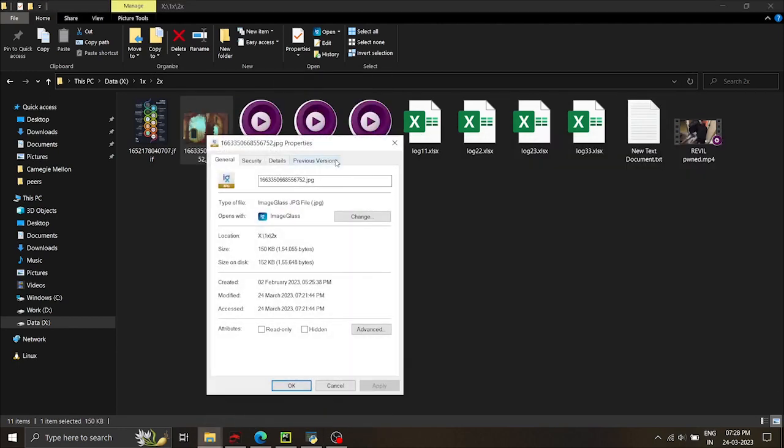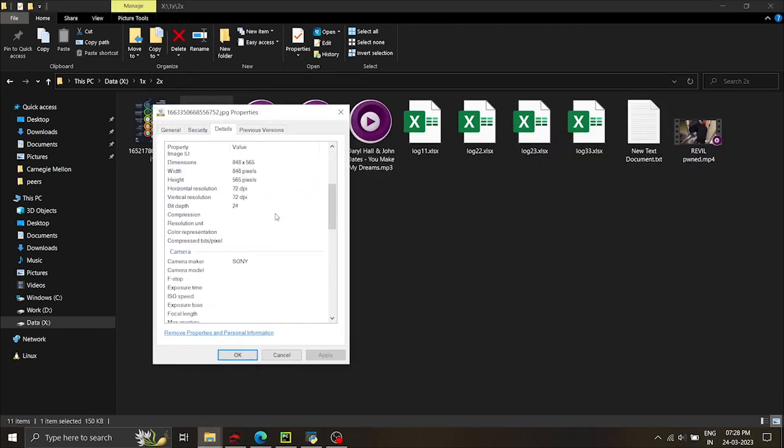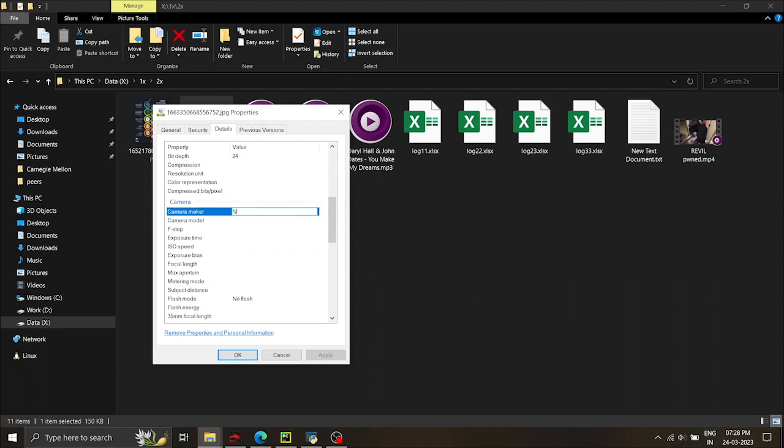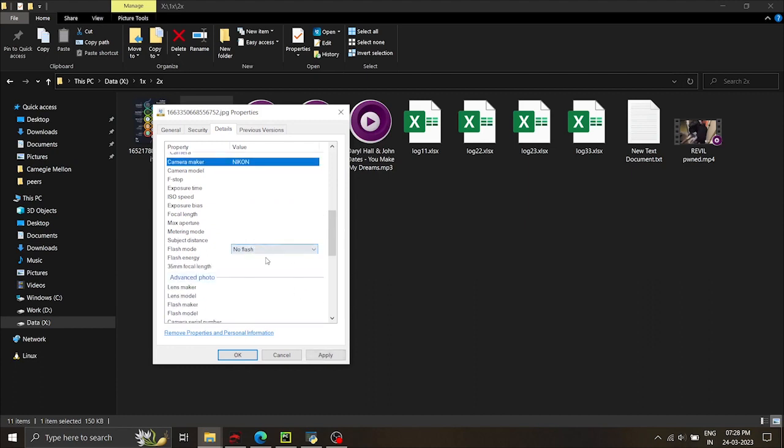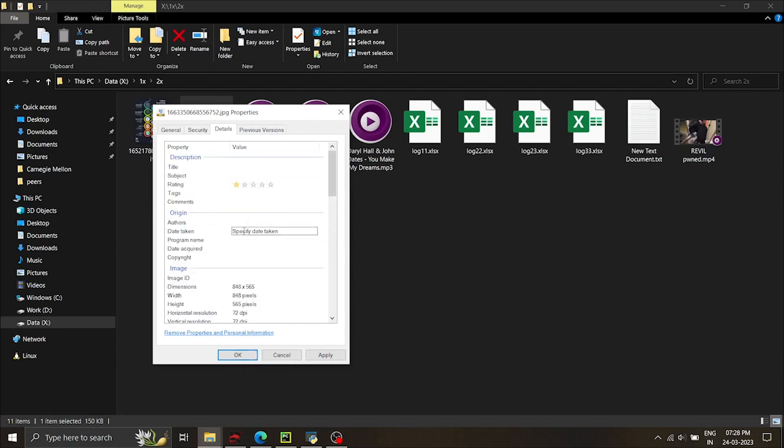If I go here, go to properties, details, and I change, say, the camera manufacturer from Sony to Nikon, and flash mode from no flash to, say, flash auto, and maybe I add in my own copyright of maybe CC Creative Commons and author is myself. This can be useful when you are dealing with sensitive files. Maybe I change the rating. Maybe I can add some tags and some comments. My added comment. You will see just how capable this is. And I click apply,